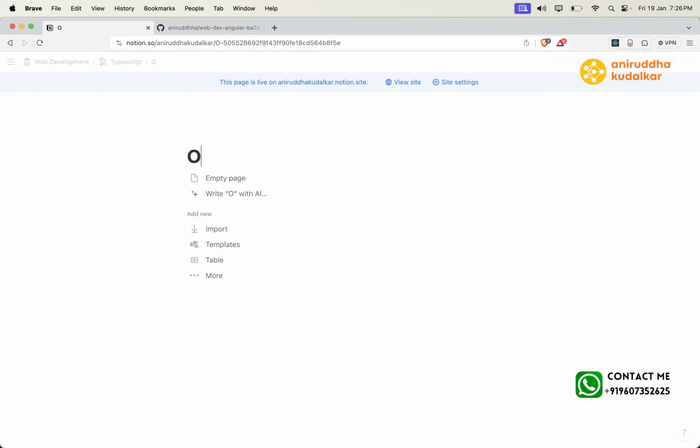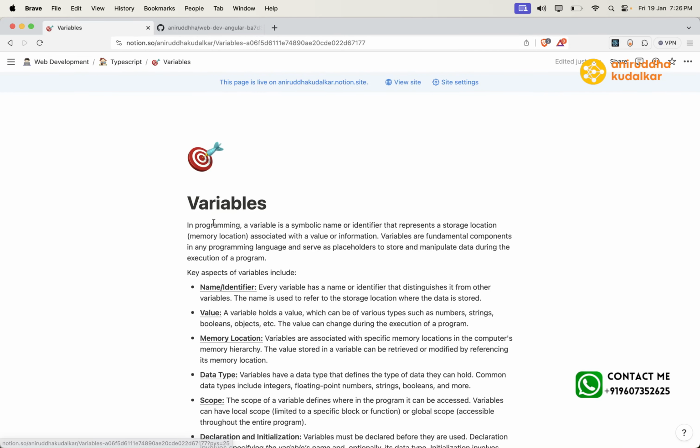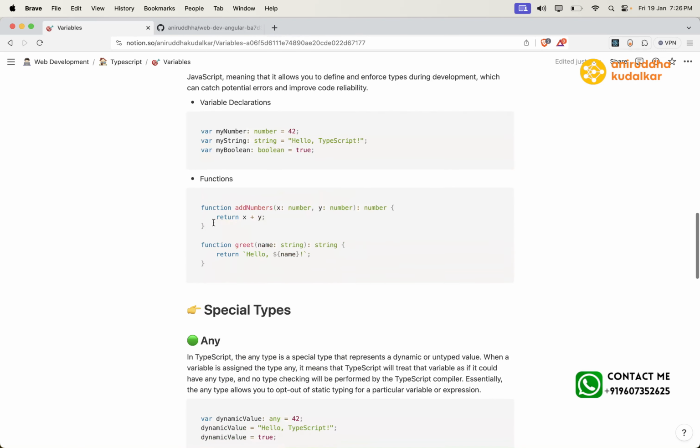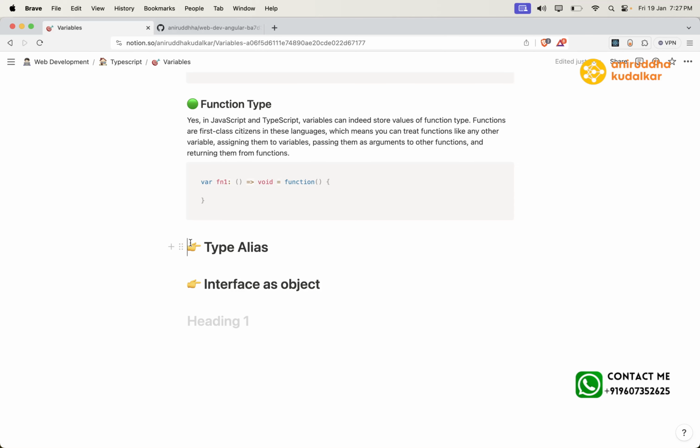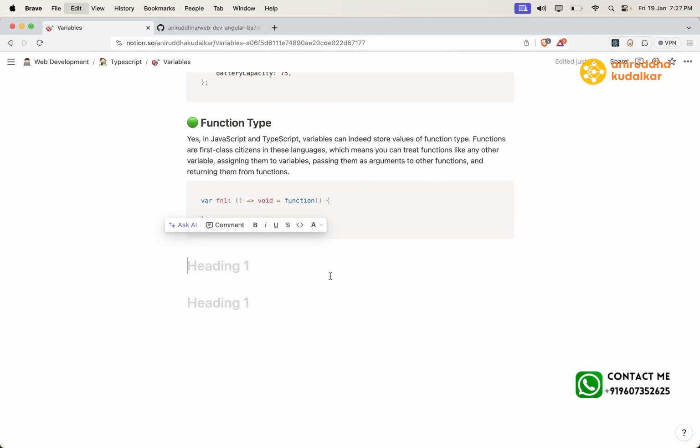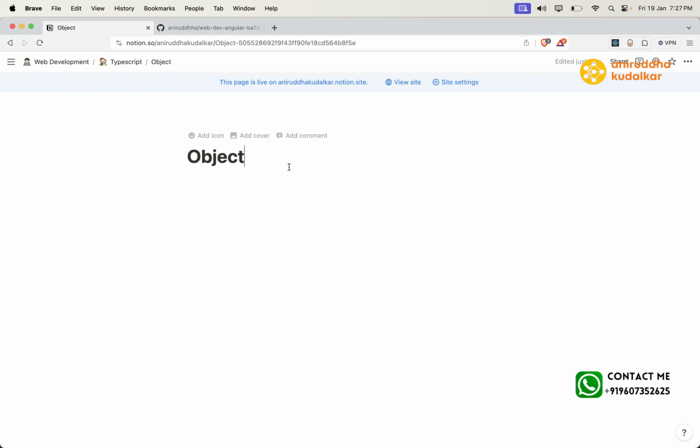Page, objects, and let me move this part, data types, type annotations, special types, type alias, and this thing should be here. Okay,